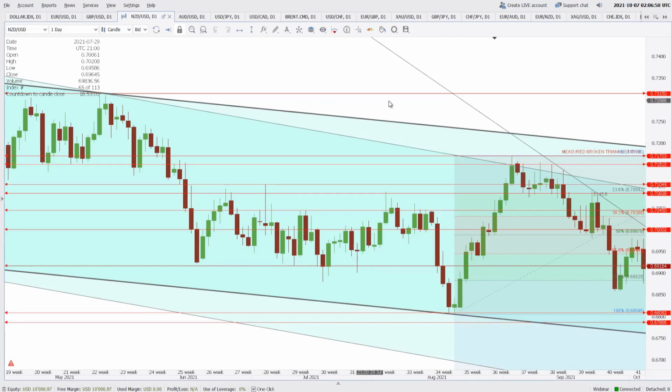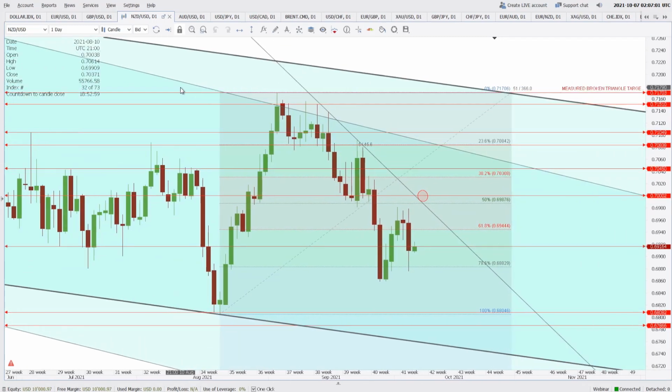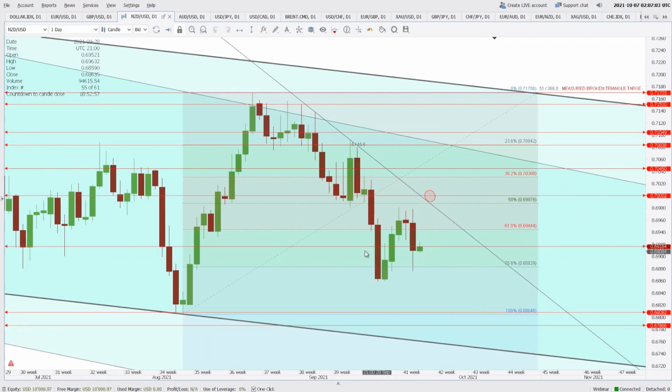Now next is the New Zealand dollar. The New Zealand dollar has also closed below a crucial price level of 0.6916. Although it also retraced from the lows of the day, since it has given a closing below that 0.6916, that means the buyers are not as aggressive as they were before. So now expect more sell-off in this market also, and the next target for this one is 0.6808, but